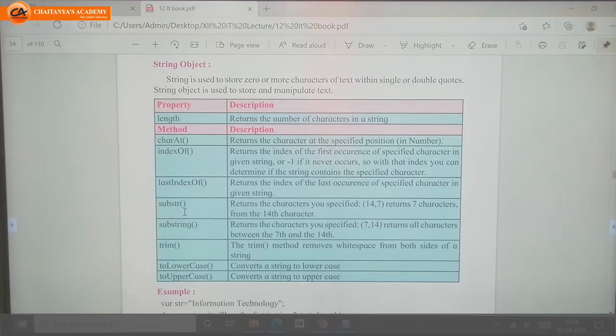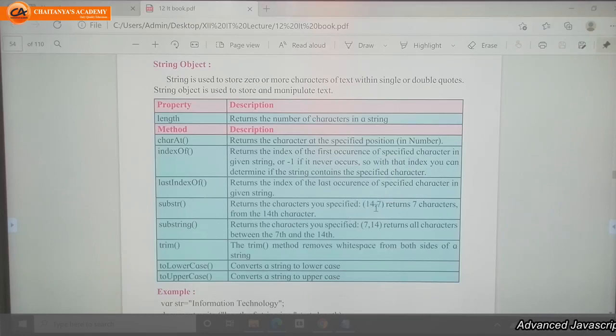Next method is substr. It actually takes two parameters. Whatever we pass in the brackets are known as parameters. This is the method, and in this bracket we need to pass two parameters.